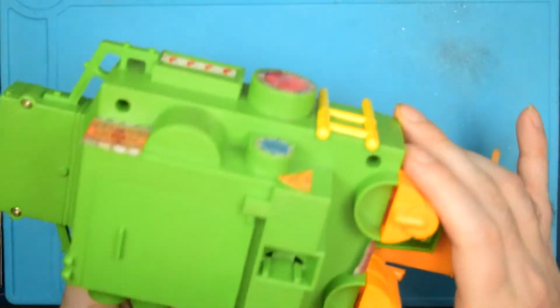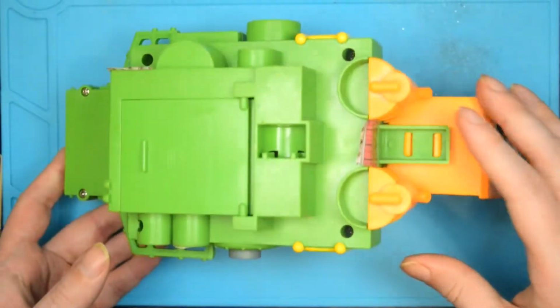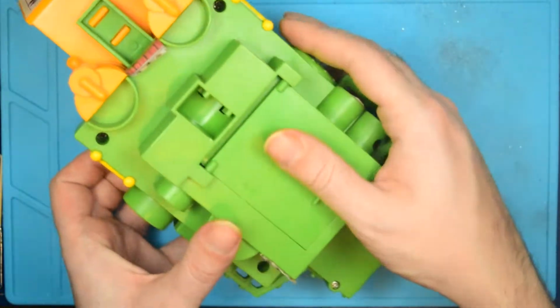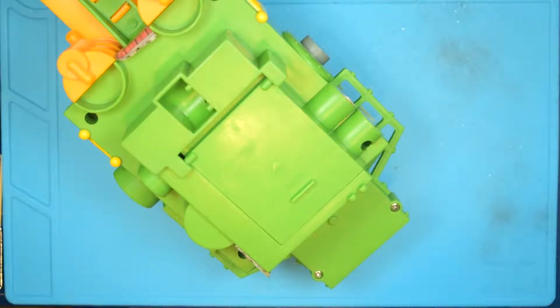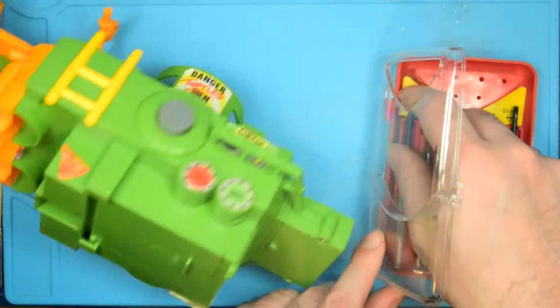So I have a feeling that we're gonna open this thing up, find that solder joint is messed up, and just quickly touch up that solder joint, and we should be good to go. My friend wants to sell it, but it should be working first. So we're going to go ahead and